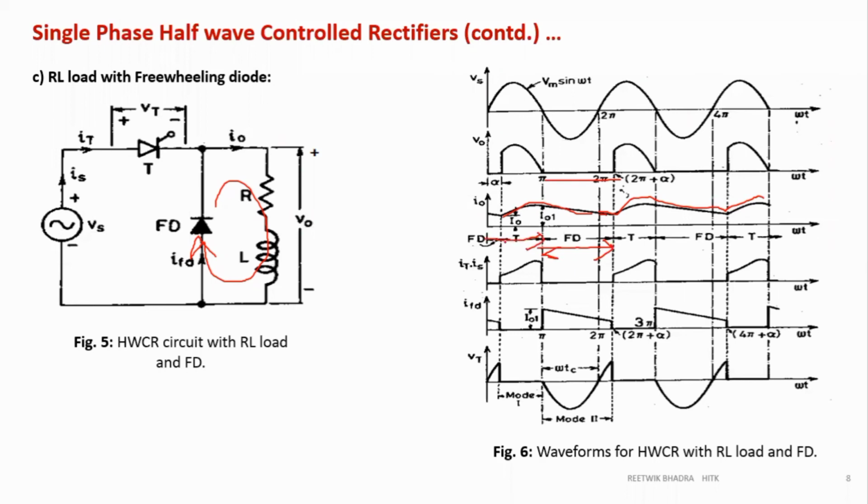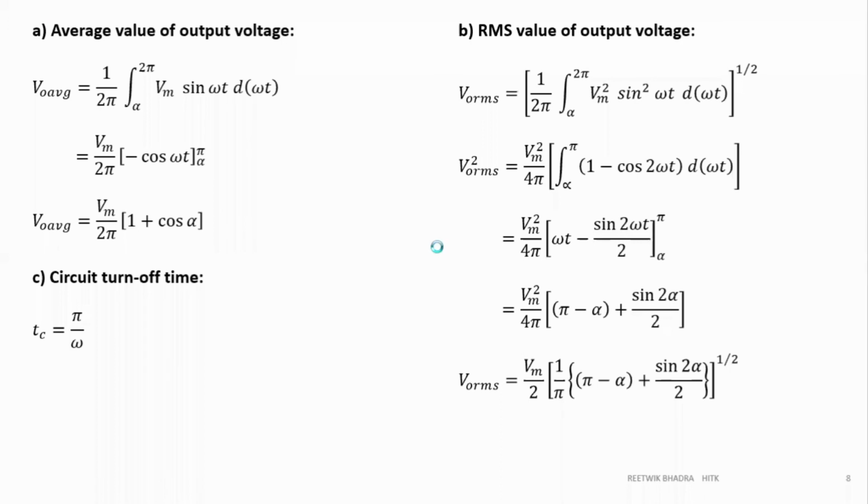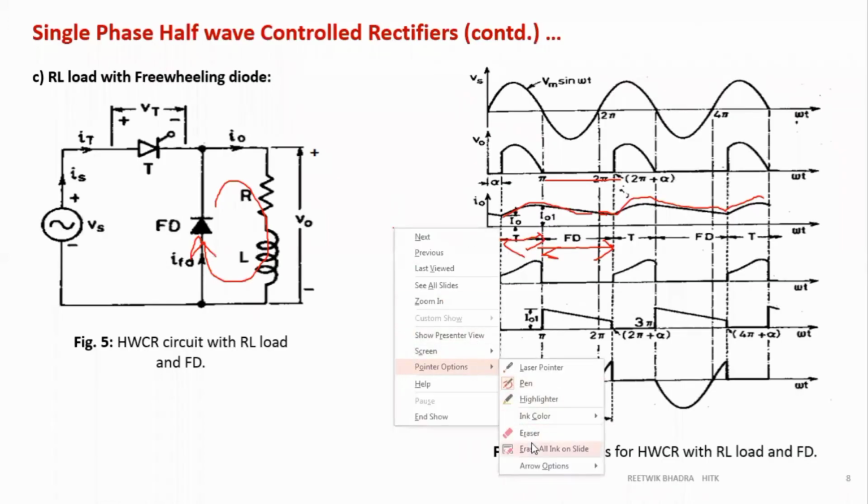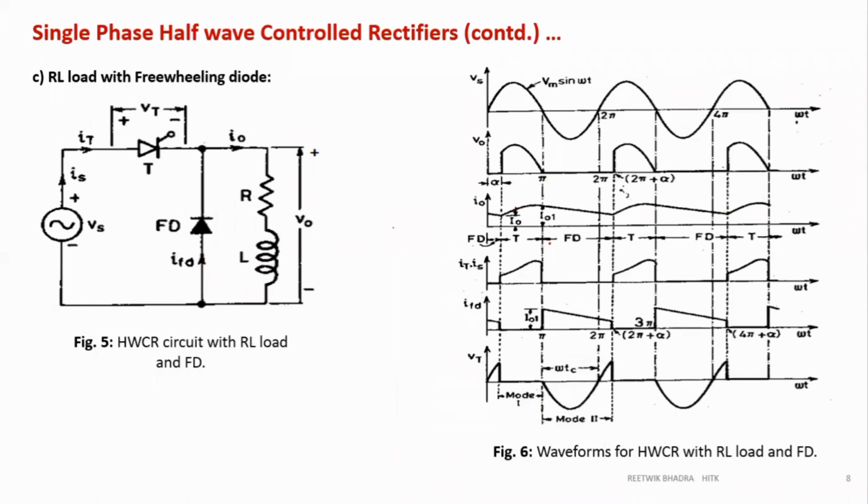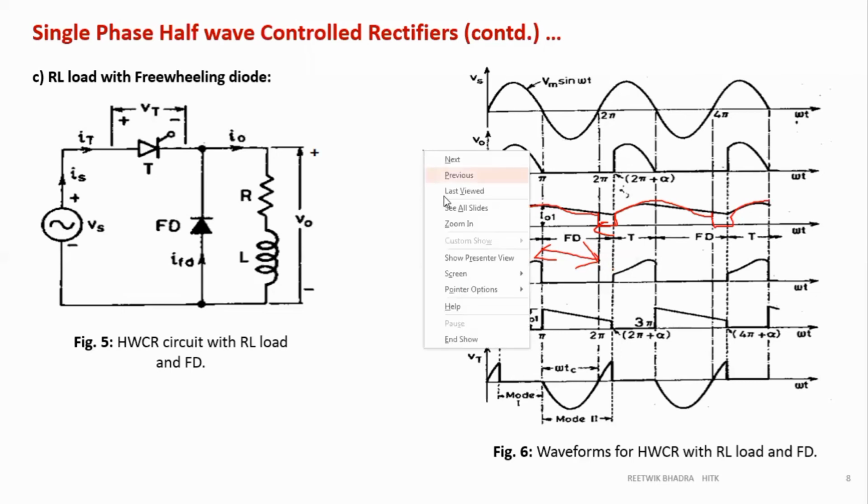From this waveform only, I'm showing you how you can show a discontinuous current. If my freewheeling diode is conducting only during this small period, my waveform will be like this, continue up to this, then at this point it is 0, then again increase, then decrease, and at this point 0, then goes like that. During this point it reaches 0 because there is no conduction of FD or T. So that's why we will have a discontinuous current. You can draw this as discontinuous also, not a problem.